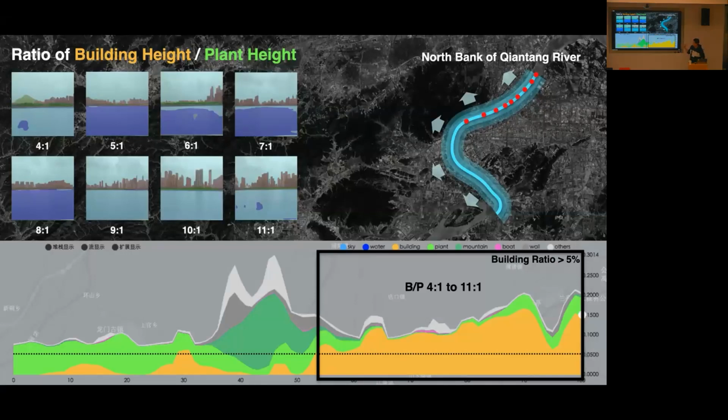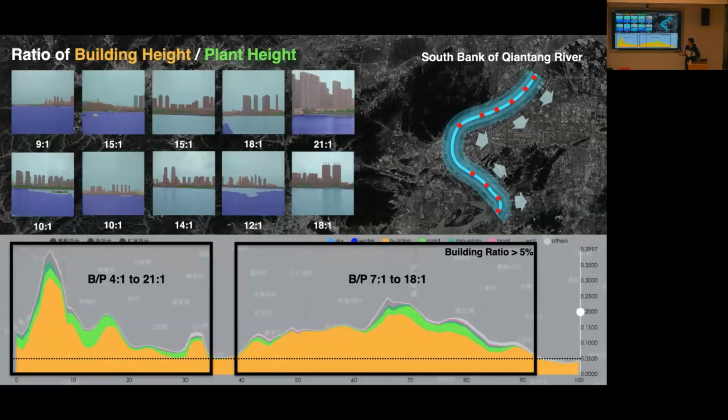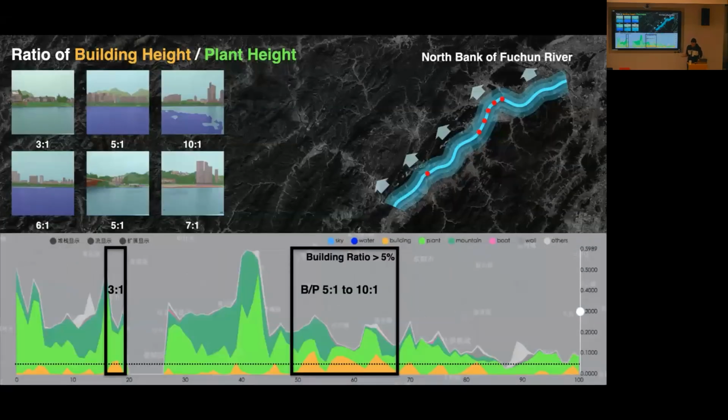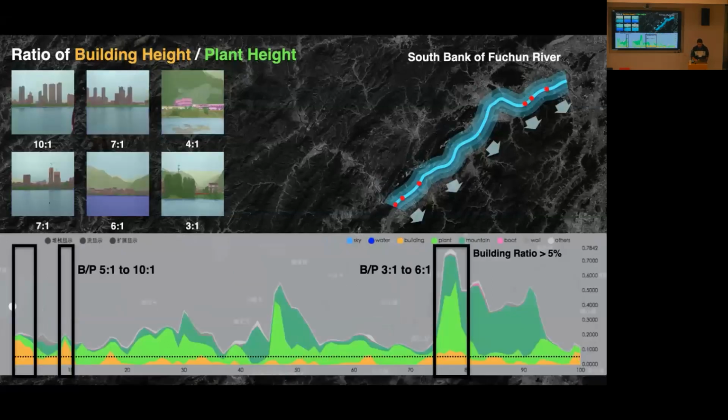This is the output from the north bank of Chenhang River, which looks okay, but there are some overloaded buildings here. But for the south part, it's very problematic. I think there are a lot of buildings over there and we cannot see anything else. And also in the middle part of the Fuchun River, we can see there are still some outliers in between those areas. And the south part,